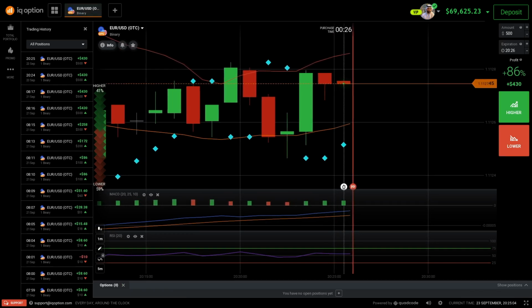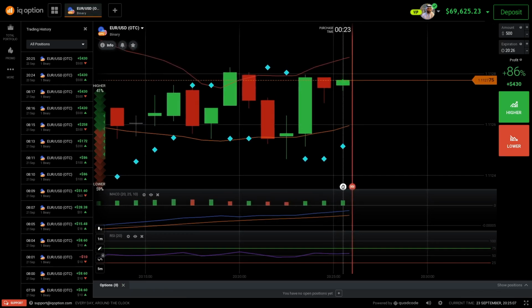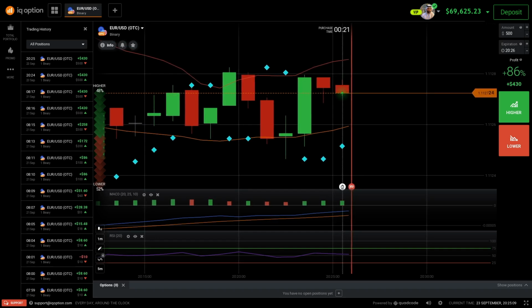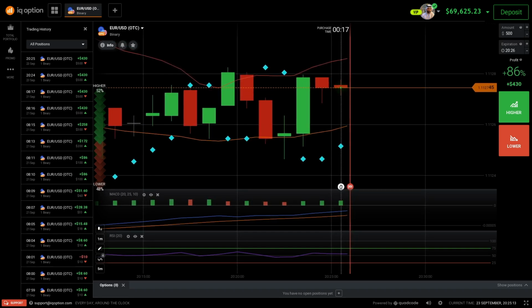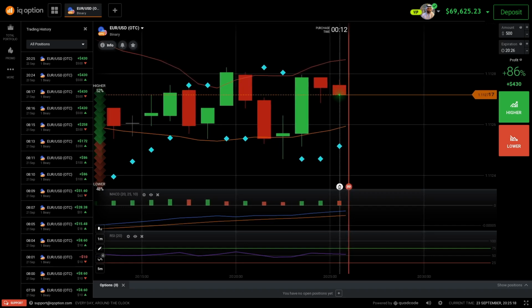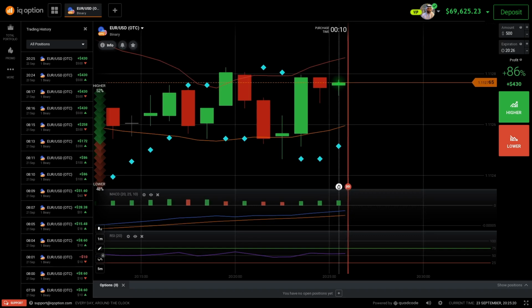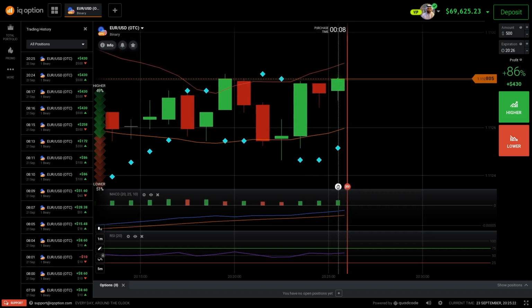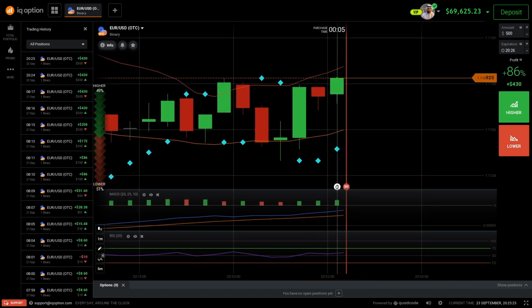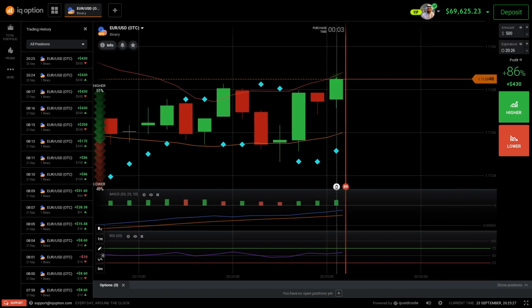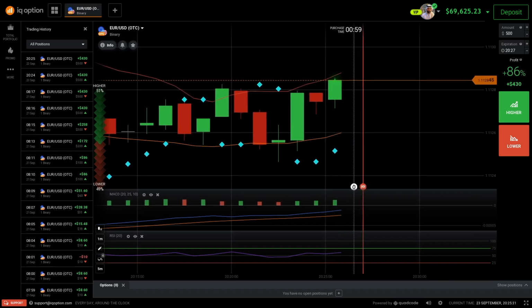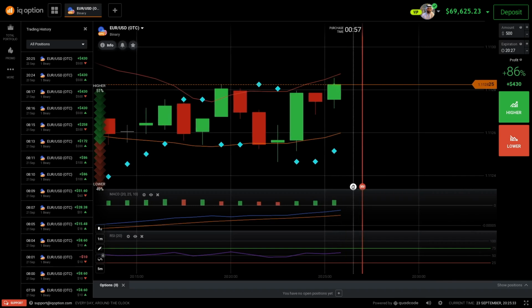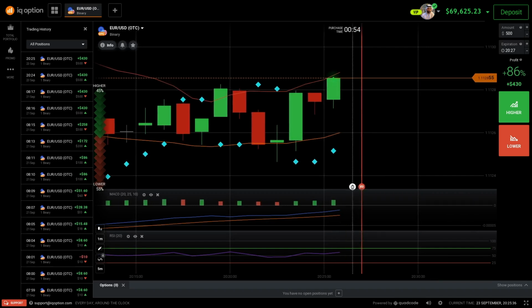Because let's say you have $100 in your account and you open a position with $10, that means you are opening with 10% of your total capital. You are risking 10%, and that's too much. So you must have a very careful risk management plan, because binary options are high risk instruments and also high profit instruments where the outcome is a simple yes or no. So either you win or you lose.